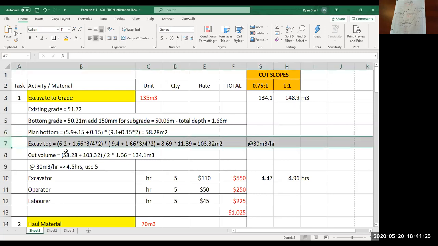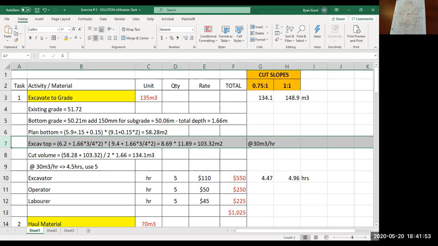So at the top, you start with the same number. This 6.2 is simply the width, the 5.9 width, plus 150 plus 150. So I've skipped the step of adding those. I've just shown the 6.2 here. So with the 3/4 to 1 slope, you start with the 6.2, and then you're adding across the